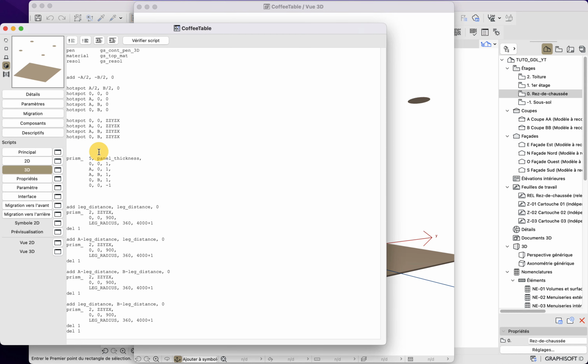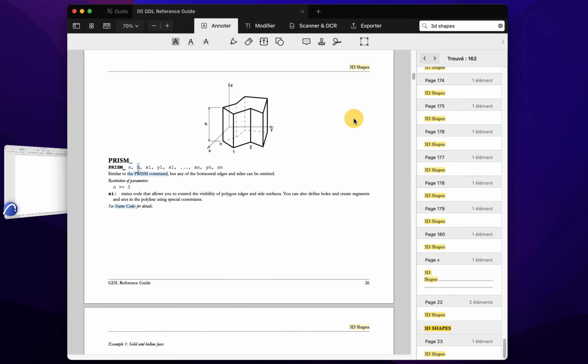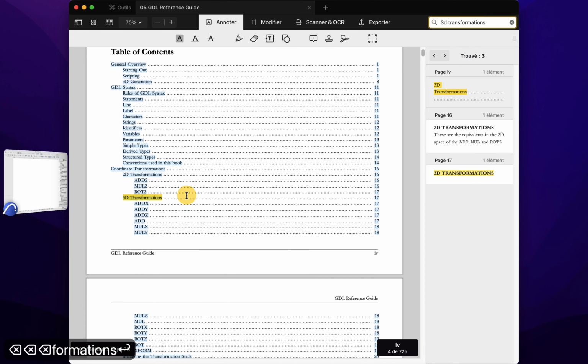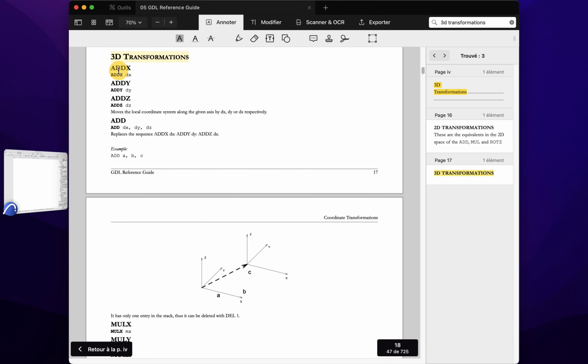I will simply create a new transformation, which will be a 3D transformation here. So here, let's go into 3D transformation. And you will see that we have some more transformations. You can see now that we have 4 types of ADD. We have used the ADD1, the normal one, which has 3 arguments.